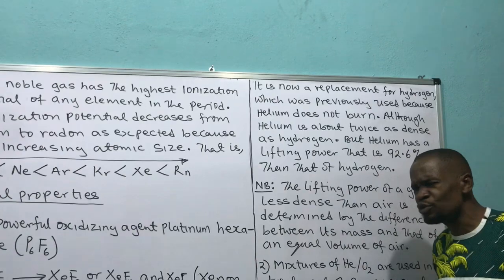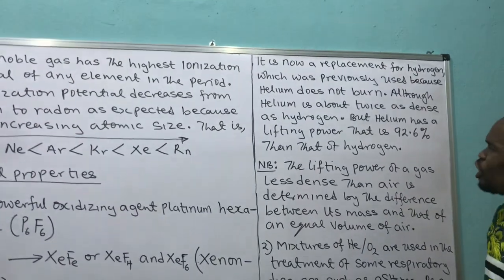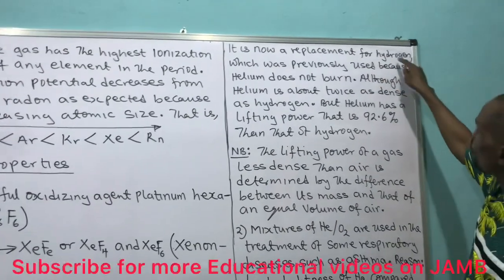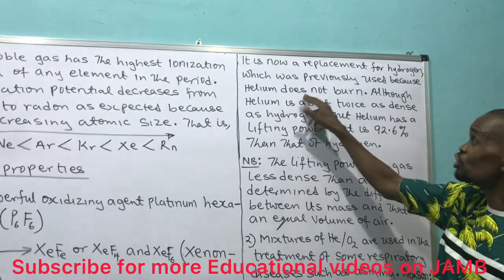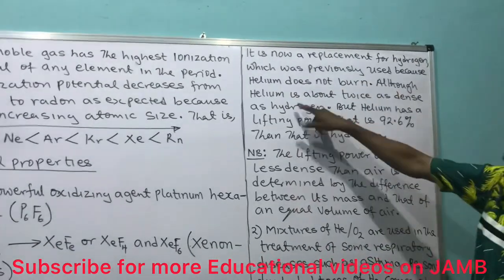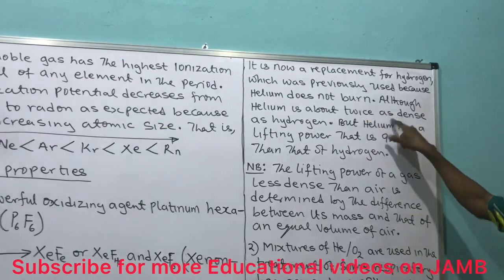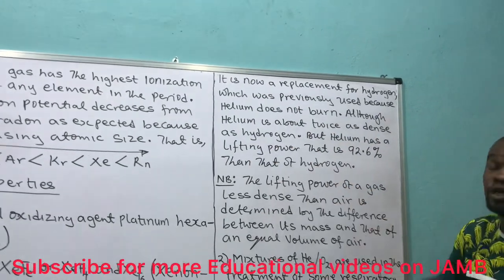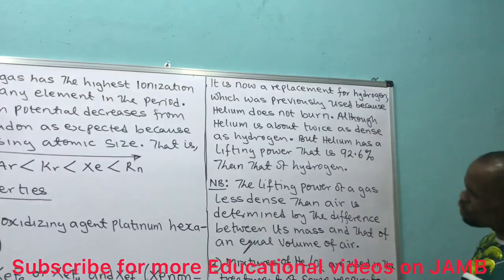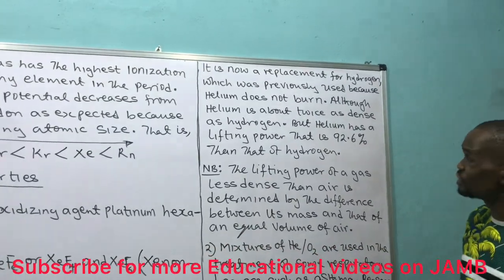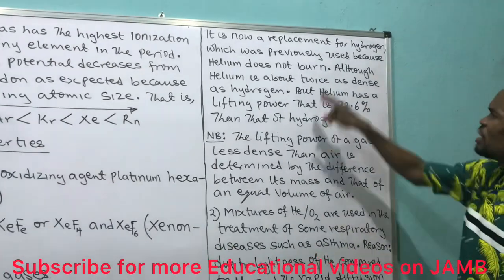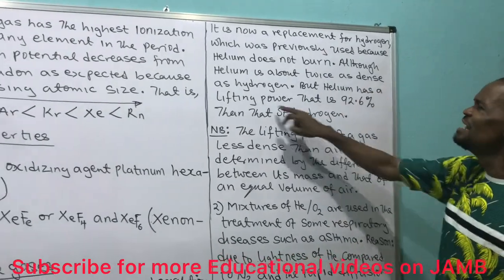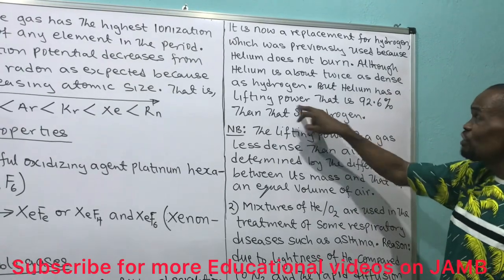Why did helium take the position? Helium does not burn. Therefore, it takes the position of hydrogen, which does burn. But helium does not burn. Although helium is about twice as dense as hydrogen, so it's denser than hydrogen, what made it take the position of hydrogen? The second property that made helium take the position of hydrogen, we said, is that helium has a lifting power that is